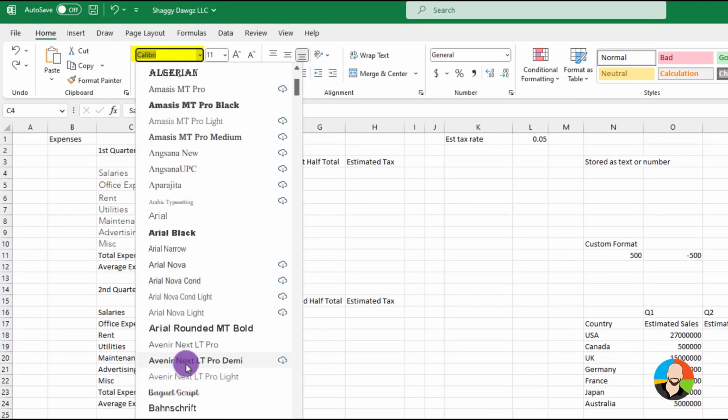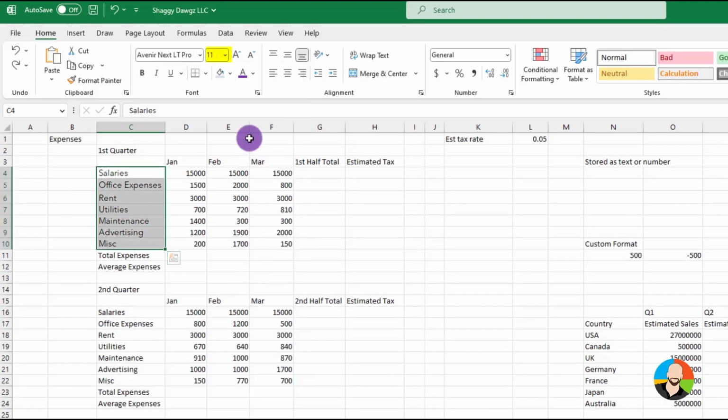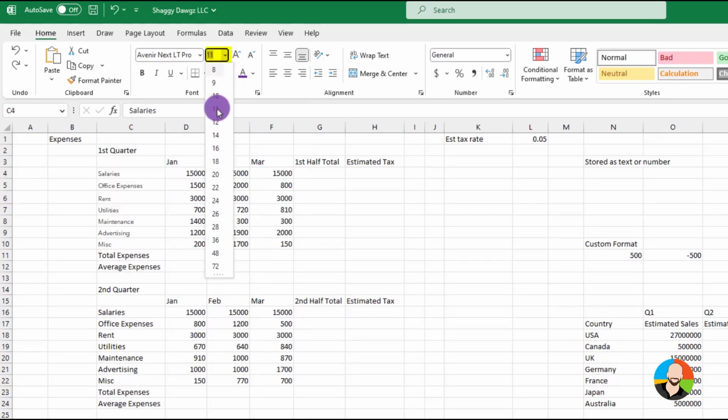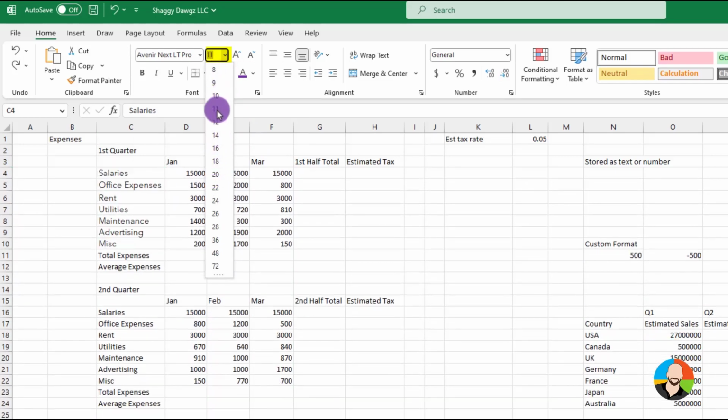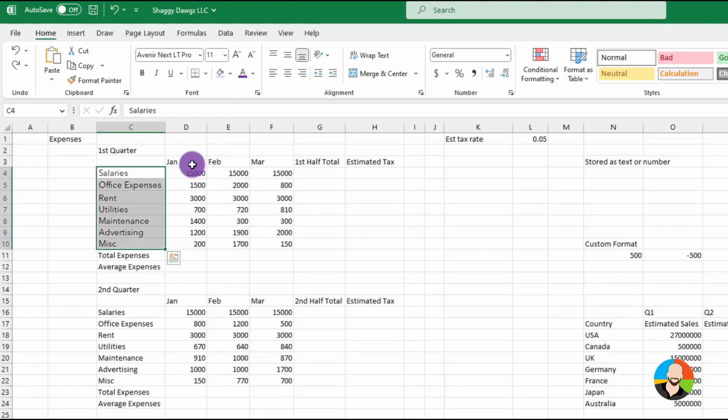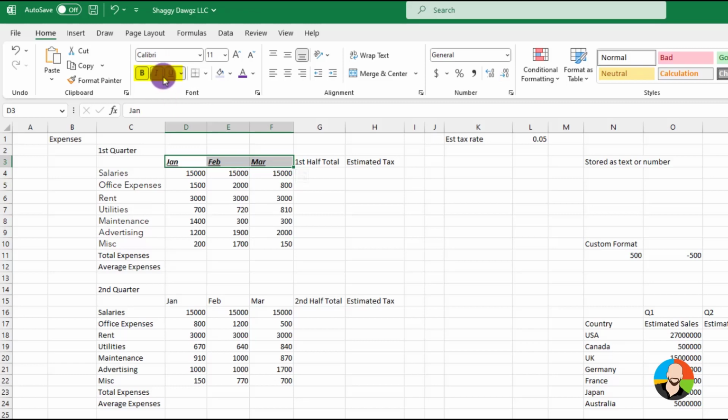We can pick and choose the ones we want. If we want to change the font size, we can go right next door and click the drop arrow and choose a number. Larger the number, larger the font, so we can make our choice there. Some good old standbys, which is bold, italic, underline. Those are toggles, so we can make our font bold, italic, or underline, as we said, simply by clicking on